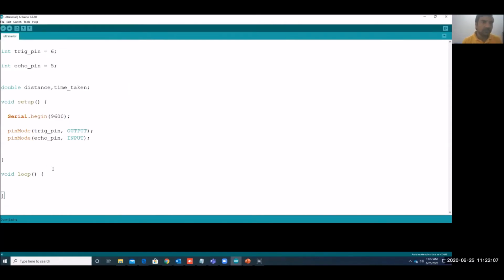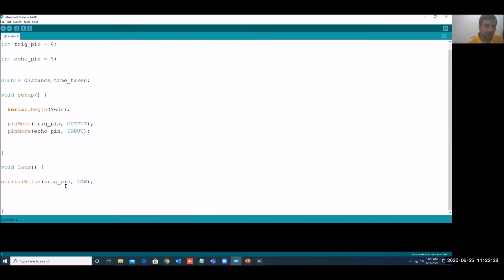Now we can go to the while loop. What we have to do is first make that pin low. digitalWrite trigger pin will be LOW. We keep this low for some time, with a delay of 2 microseconds.